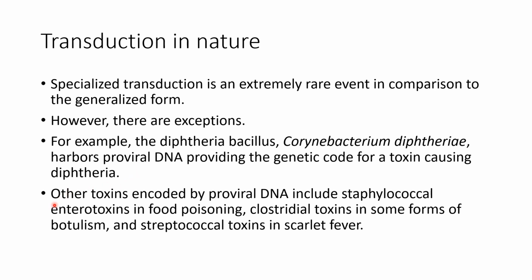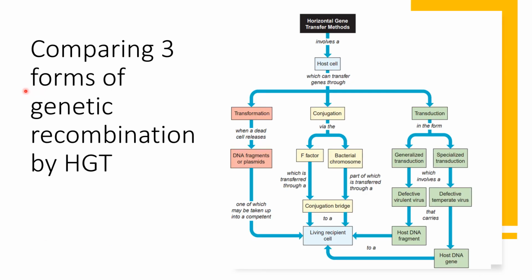Same way, there are many other toxins which are encoded by this prophage DNA. For example, the staphylococcal enterotoxin, which is responsible for food poisoning in human beings, the clostridial toxin, which is responsible for botulism, again a food poisoning agent, and also streptococcal toxins, which are responsible for scarlet fever. So all these toxins are encoded by the prophage DNA that is present in the integrated form in the bacterial cells. So we have seen three different forms of horizontal gene transfer, which is resulting in genetic